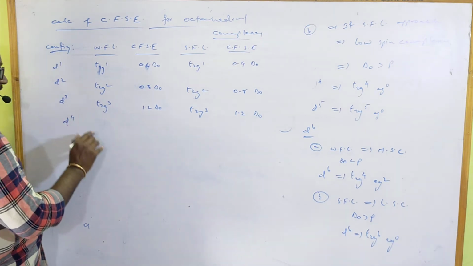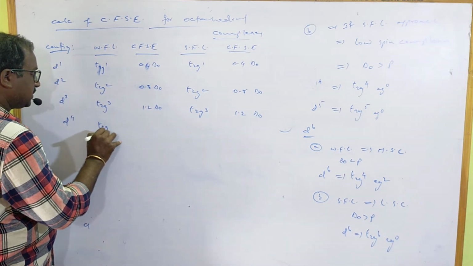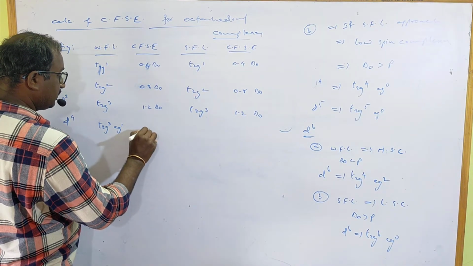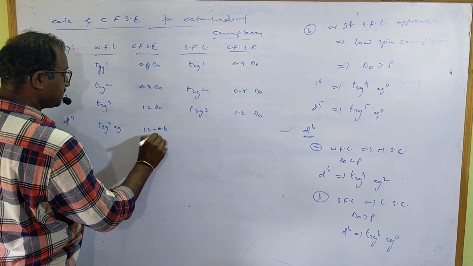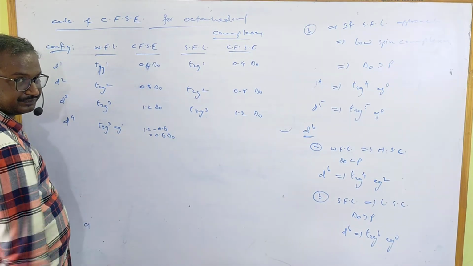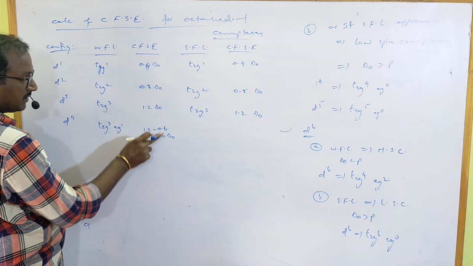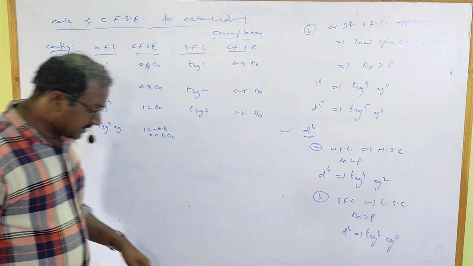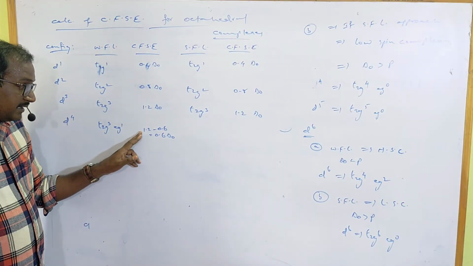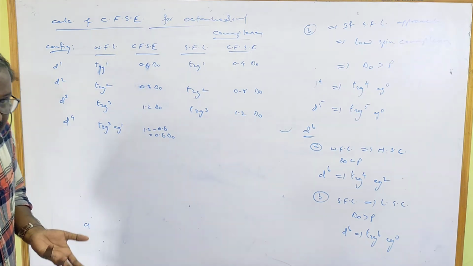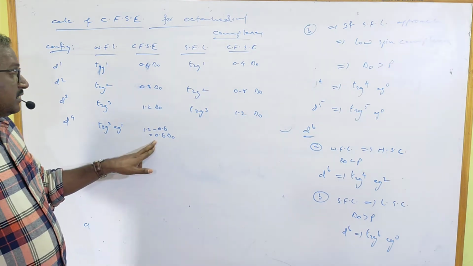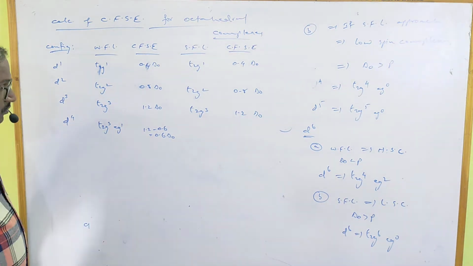it is important. If weak field ligand is there, the configuration is t2g3 eg1. And here 1.2 minus 0.6 equals 0.6 delta O, because energy will be released and absorbed, as the 4th electron goes to the eg orbitals. Eg orbitals contain high energy, so they absorb energy from the barycenter. 1.2 delta O energy is released by 3 electrons and 0.6 will be absorbed by the 4th electron. The net energy will be 0.6 delta O.